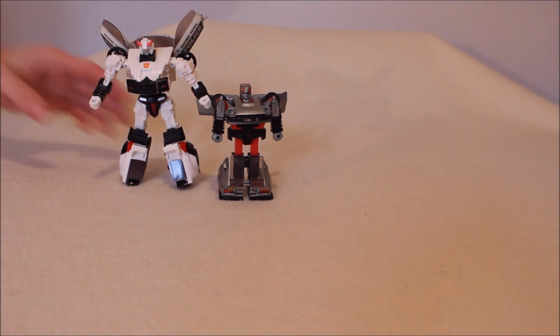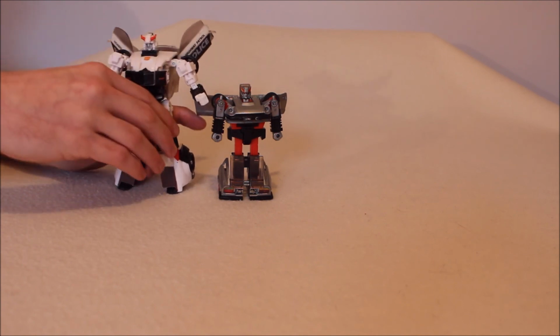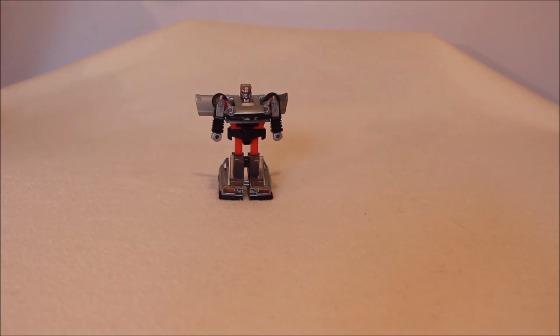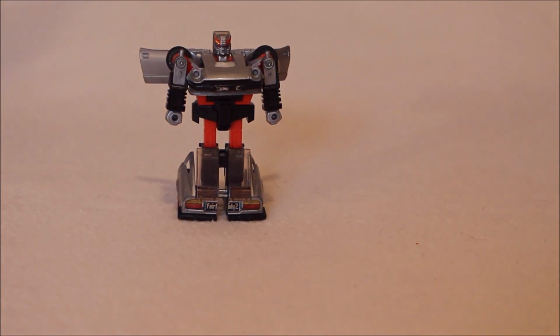But you can certainly see the influences of the original mold as it was used with this Classics mold. For sure, no doubt about it, and that's why I think it is a fantastic update of a toy that was a fantastic toy back in the day. So, in the end, overall score for this guy, because it was so great and it's led to so many good incarnations since, I got to give it a